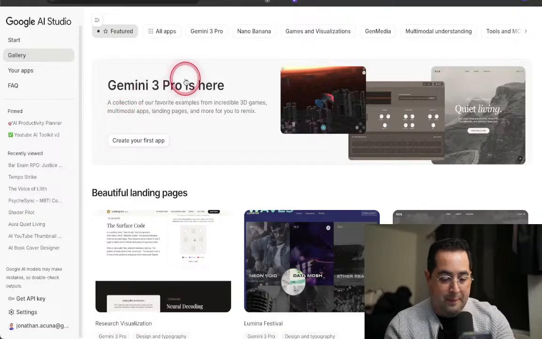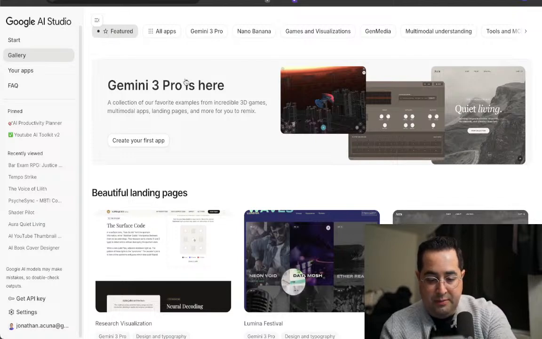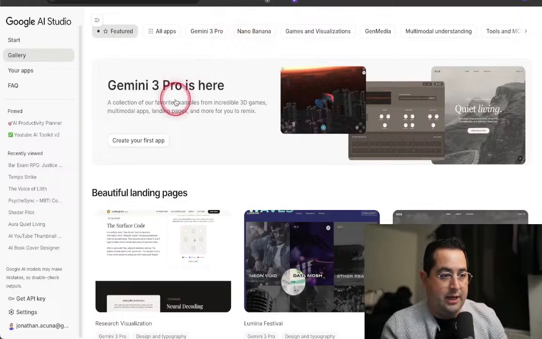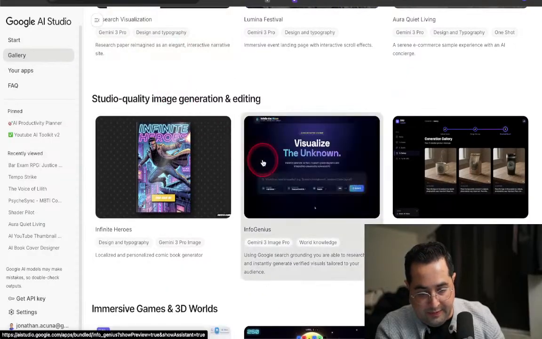And here's the cool thing. These are features, Pro, Nano Banana, Gen Media. These are little features that you can add to your app for free. So as you're vibe coding, if you're like, yeah, I want to use Nano Banana, or I want to generate images, it's going to pull in Nano Banana automatically, hook it up, and now you're using Nano Banana in your app. So for example,